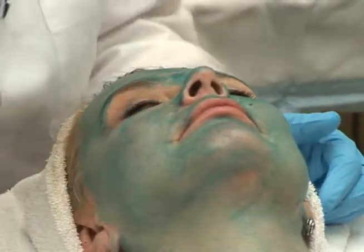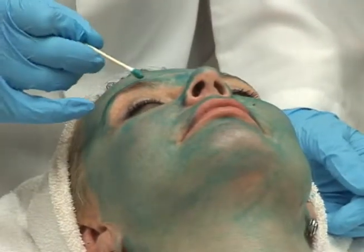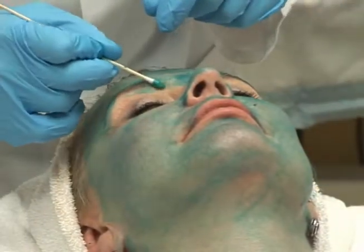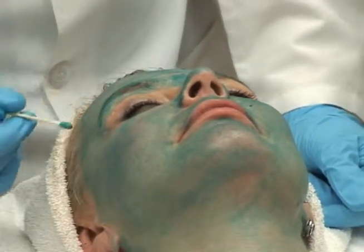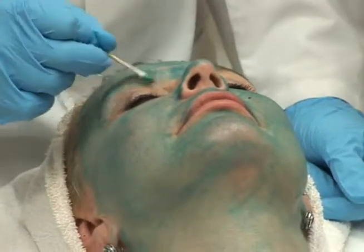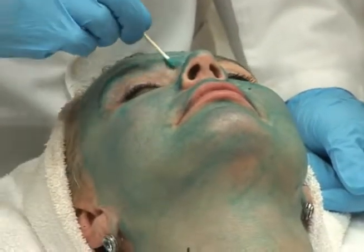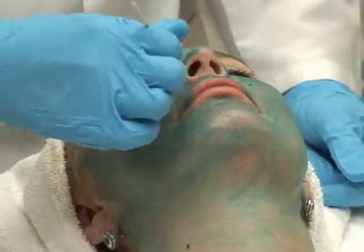It's important if you're going to have a physician-grade peel that you meet with your physician ahead of time before you have any procedures. And one of the things that we are adamant about is you need to pre-treat your skin so that it is healthy and ready for a resurfacing, a chemical peel. So all of our patients will meet with us ahead of time and prepare for a resurfacing procedure like the